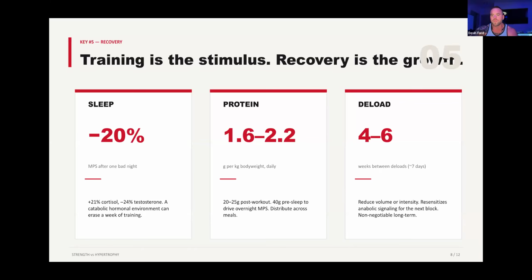Okay. And then lastly, deloads. So this is a whole other thing I'm not going to get too crazy into right now. Traditional deloads you don't necessarily need, but you do want to deload your body from and resensitize it to the intensity, meaning going to failure. Every 4 to 6 weeks is a little extreme. I would say every block. So every really hard block that you do, maybe 12 weeks or so, you'd want to actually take a week off and just chill and let your body recover.